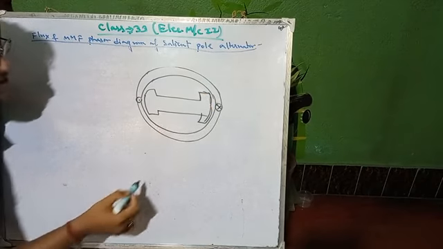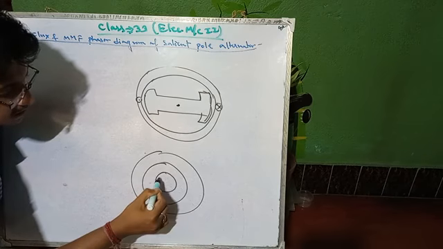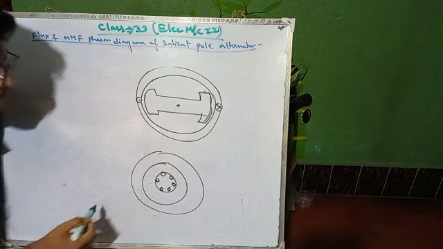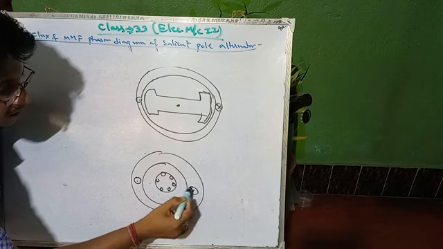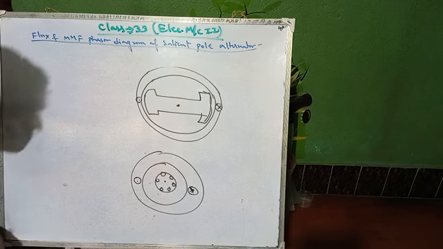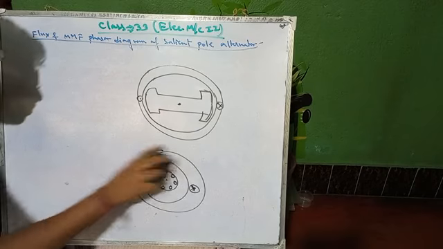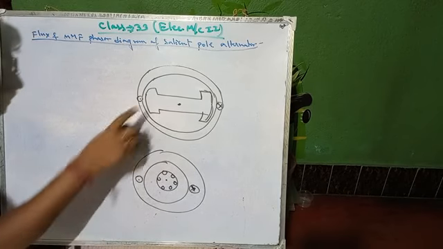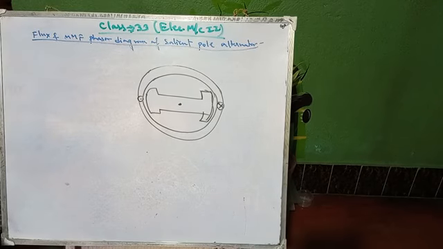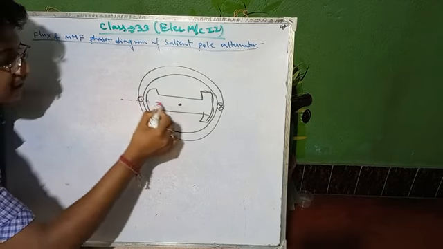And cylindrical pole rotor means, okay, this type of rotor is cylindrical pole and this is for salient pole. Previously I have done this MMF and flux phasor diagram for this type of rotor, and now I am moving into the salient pole type rotor. So this salient pole rotor has two axes.